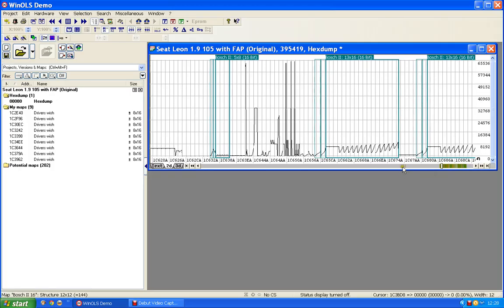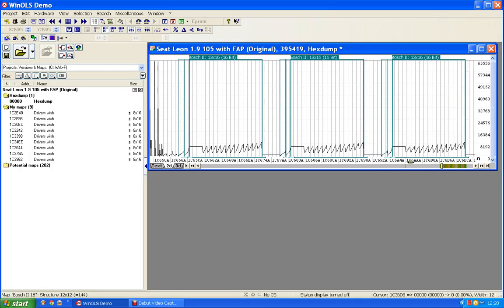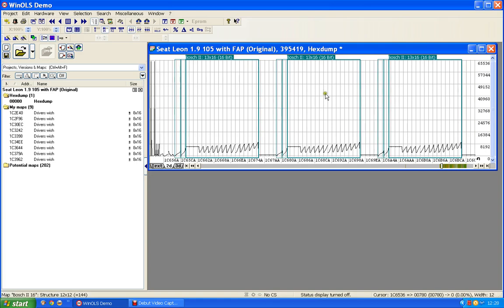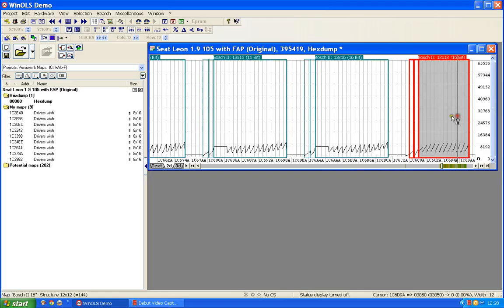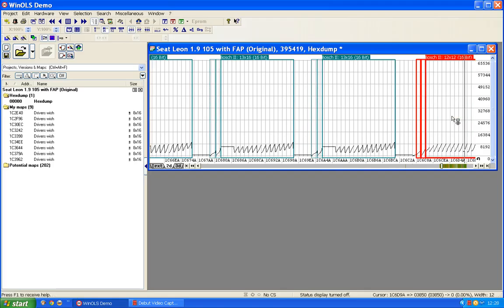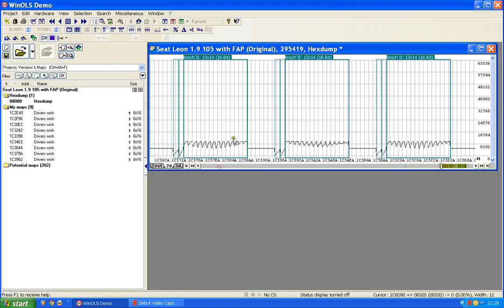Let's just use a scroll button. I'll just scroll with the mouse button across. Looks like we might have three, doesn't it? Have we got any more at the side of that? There's something else there. That doesn't look the same. So it looks like we might have three, and in fact back this way we've got some other odd looking